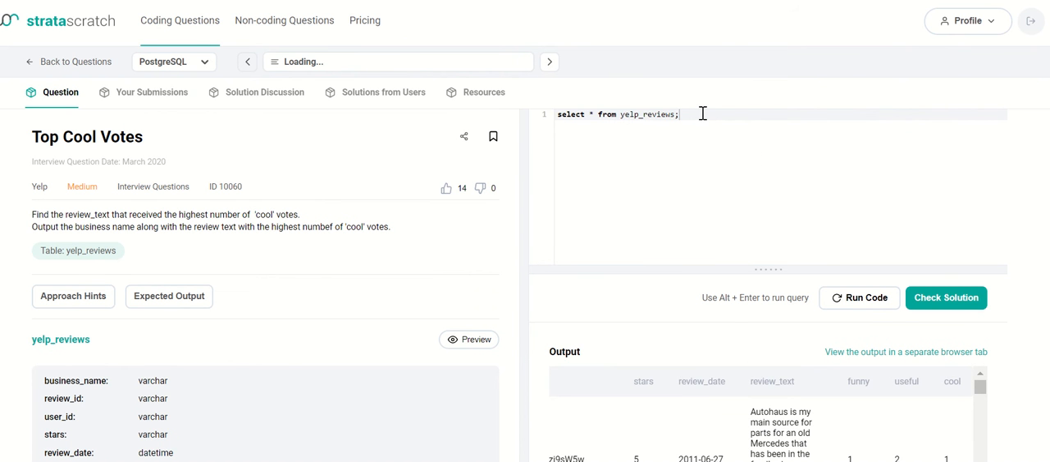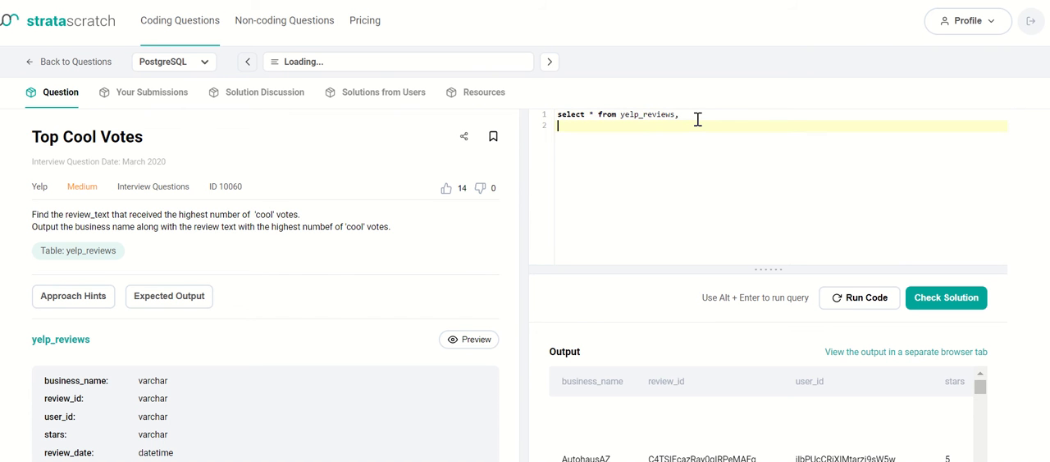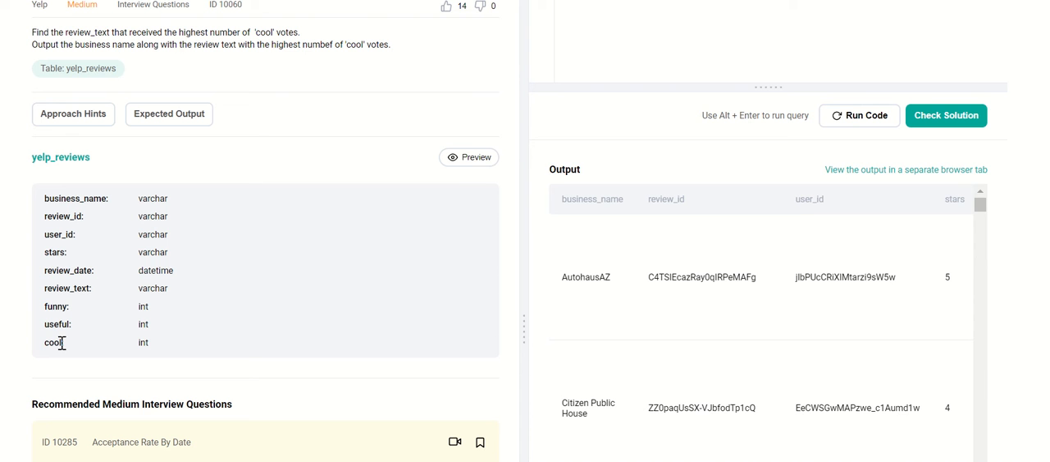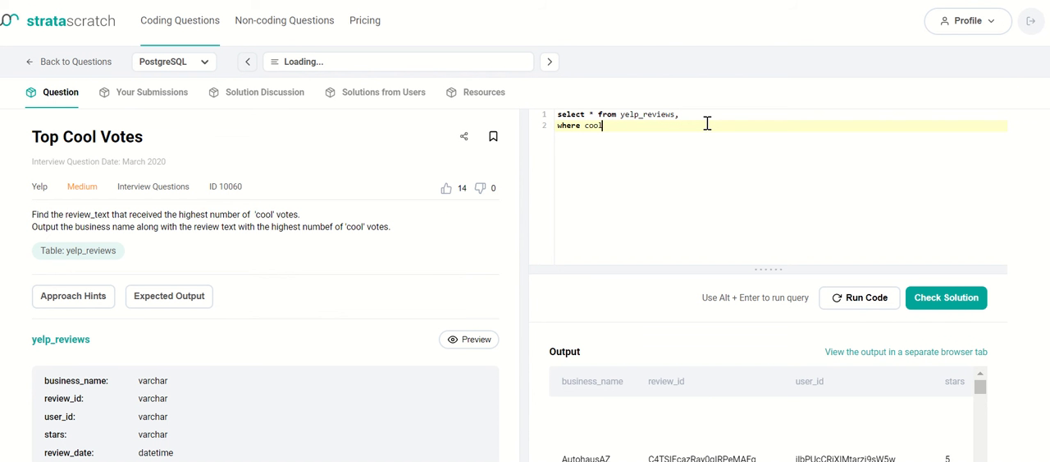This is the line they gave me to start with, so I'll just output this. Oh, okay, it's the same thing. Select everything from Yelp review. That is a table. We're going to filter it where the column name is called cool, where cool is equal to or